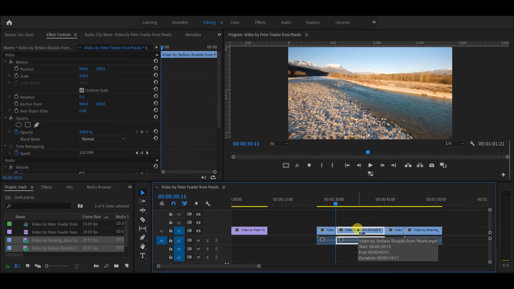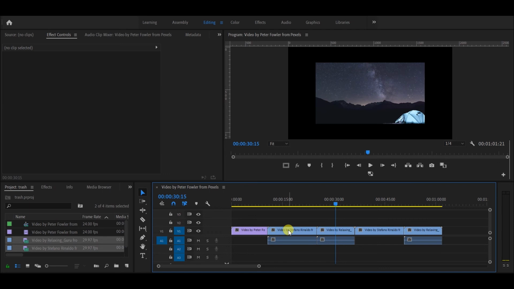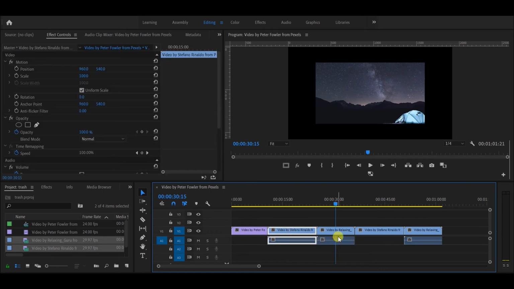But if you just want to drag and fit this video in the middle of these two videos, press the Control key and hold it. I guess in Mac OS it is the Command key.